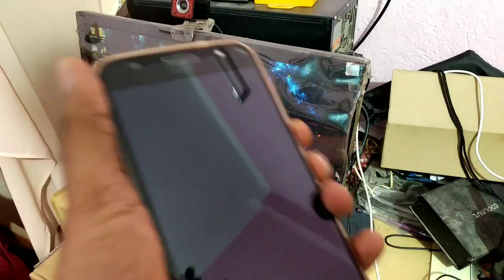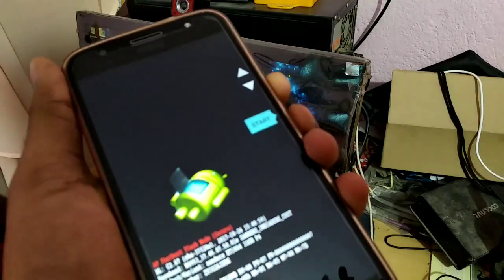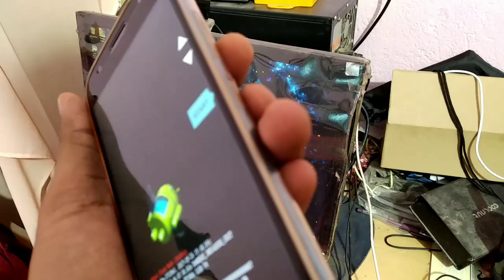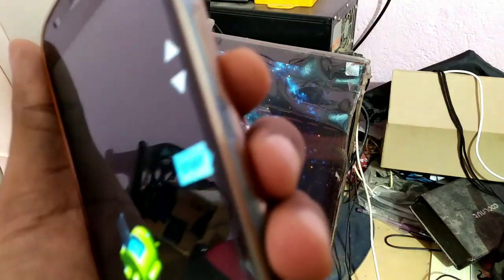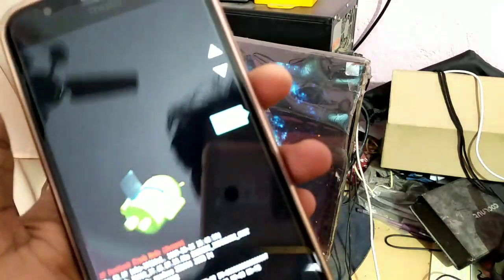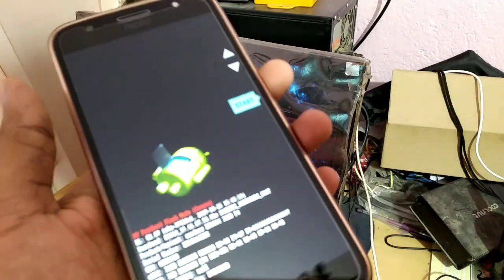Always choose the latest version of the ROM at the time of flashing. So let's go through the technique of ROM flashing that I am talking about today. I think this is soft bricked because the phone is on in fastboot but not in the power menu. I want to show you the detailed flashing and revive technique after a short intro.